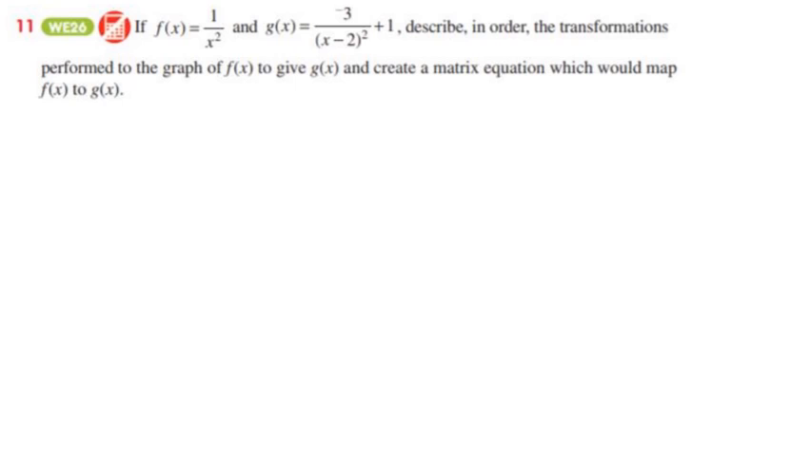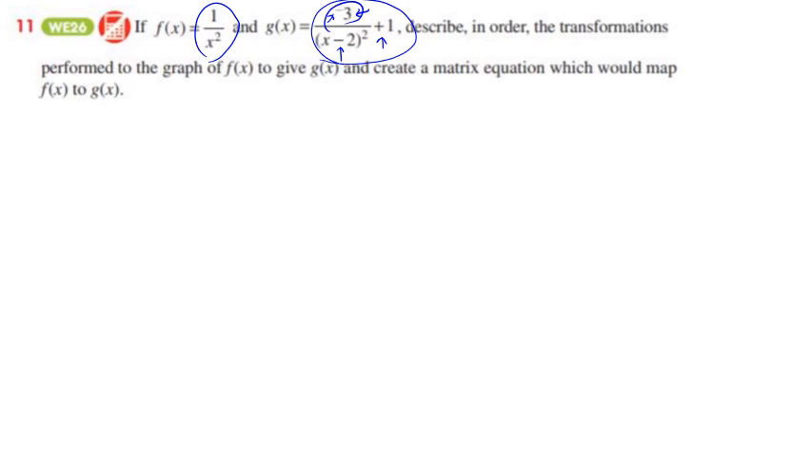Righto, so let's make our way through question 11. Question 11 is one where if you look at it, it's actually fairly straightforward. So we're going from 1 over x squared to this expression here. Now, what do we notice are the differences? We notice there's a 3, we notice there's a minus, we know there's a minus 2, and we notice there's the plus 1. So when we describe the transformations, we need to talk about our dilations and reflections first,